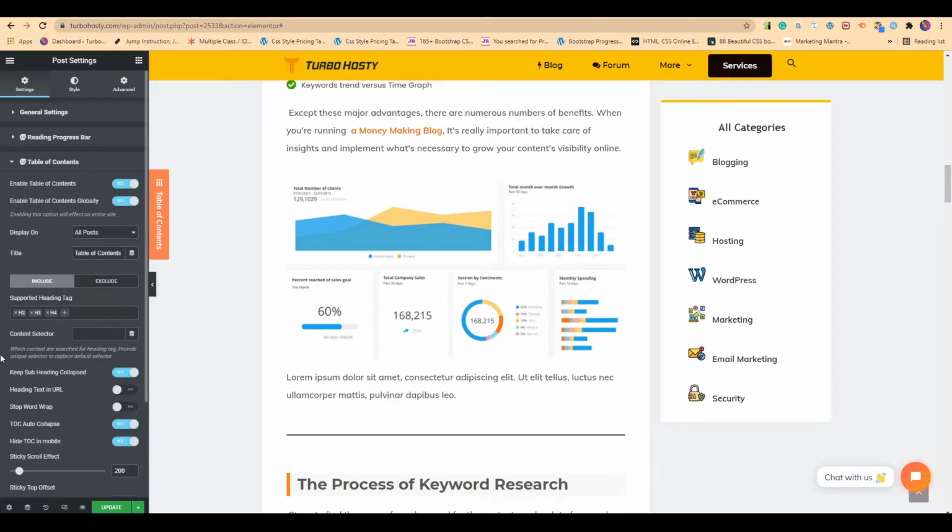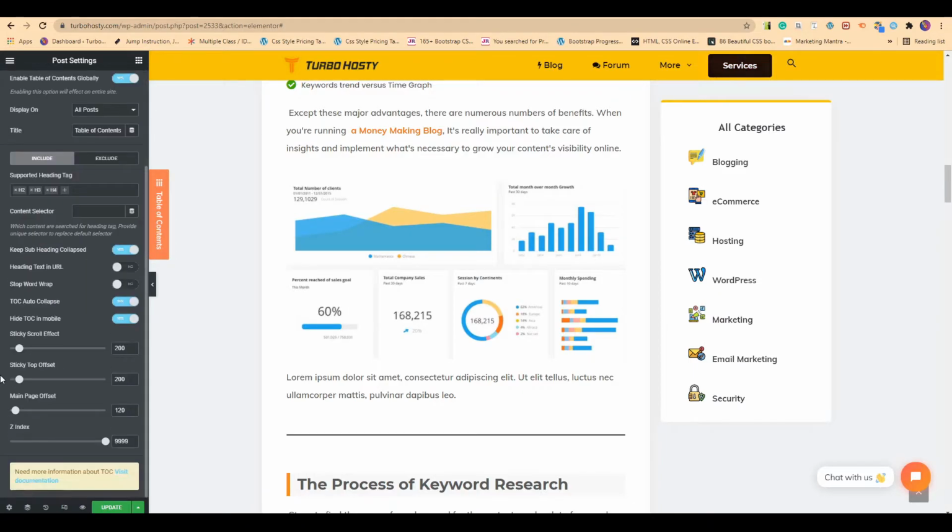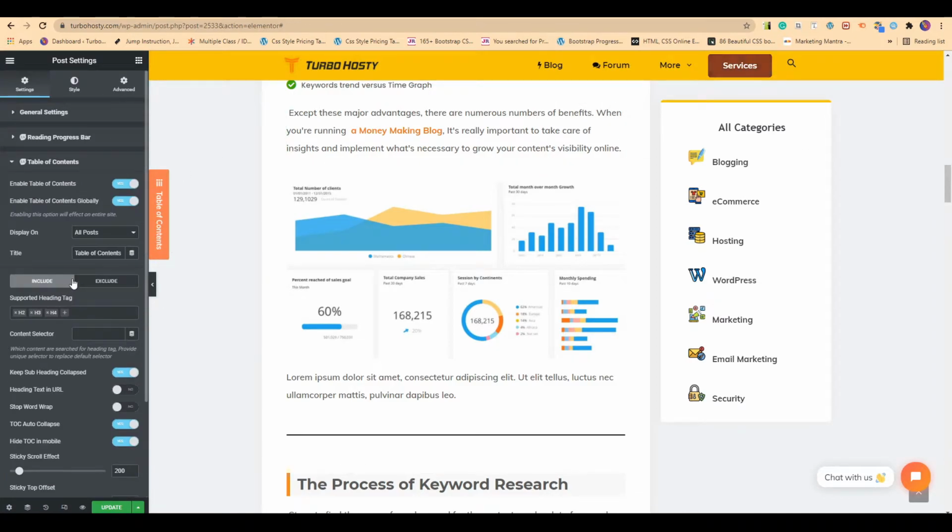So after you have done all the settings, you can see the table of contents is at our left side. By clicking on this I button, you can preview the changes you have done, and it will open the blog in another page. So let me just switch it from left side to right side.